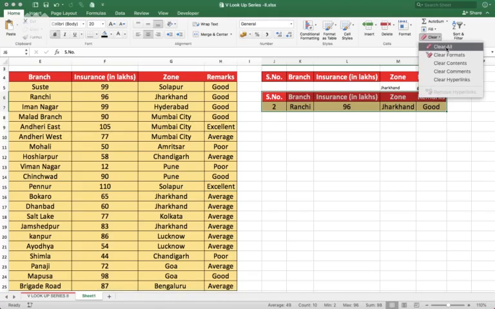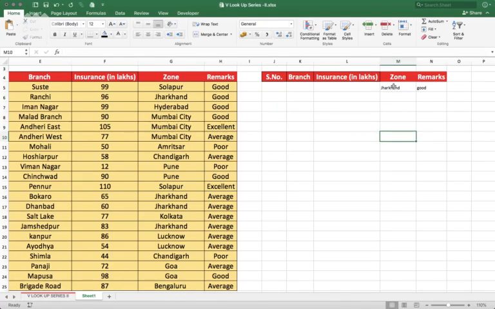First and foremost, I'll delete this for you. Now my requirement is I do not want zone wise data, so I'll simply delete this, and I will also delete the column of remarks. Now my requirement is I want, under remark section, the branches which have done average performance.